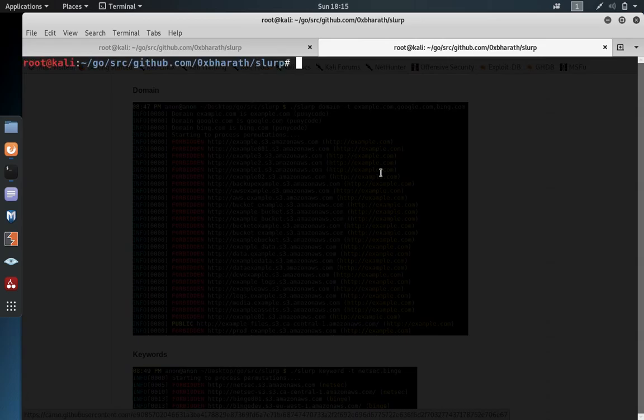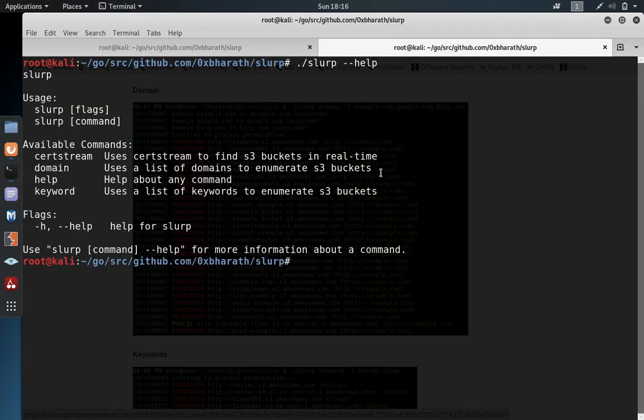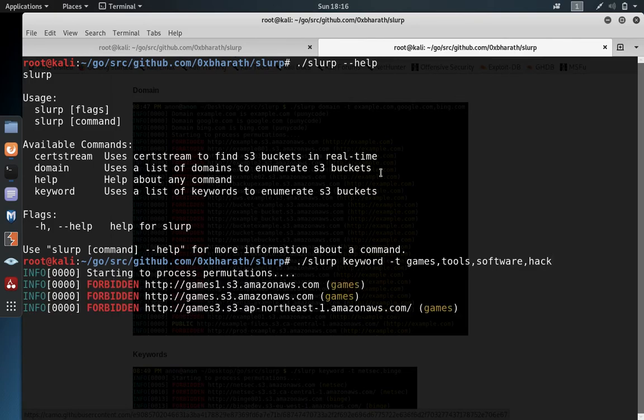Searching through keyword is pretty similar. What we need to do is define the target keywords that we want to search through, like games, tools, software, hack, enter.